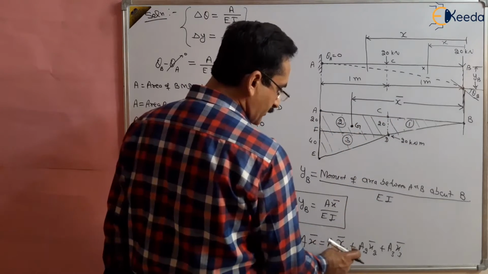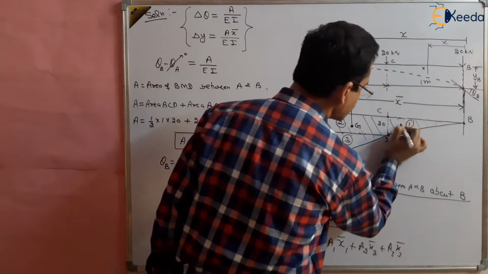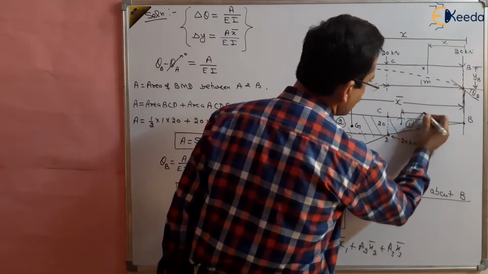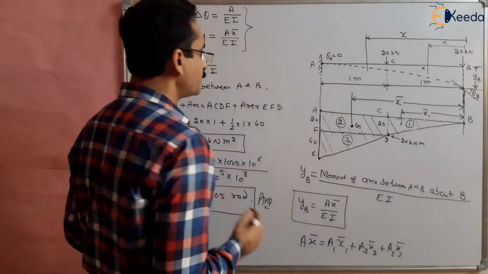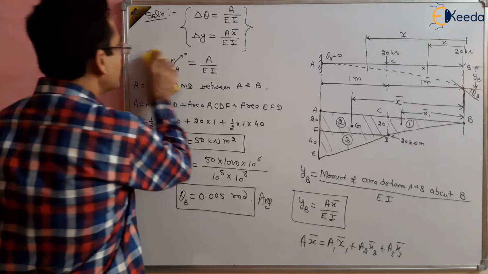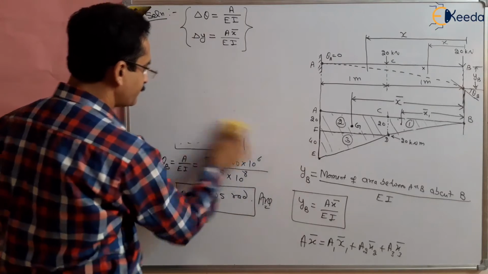So the moment of the first area about the free end, and it has some x1 bar here. This is x1 bar. And what is x1 bar? It is 2/3 of the total length, because we know that the centroid of a triangle lies at